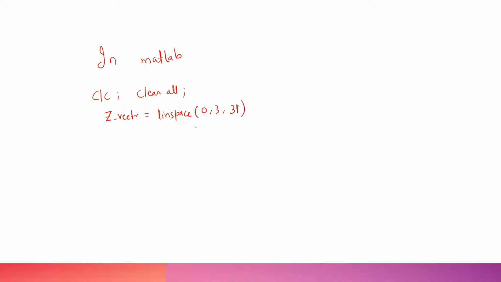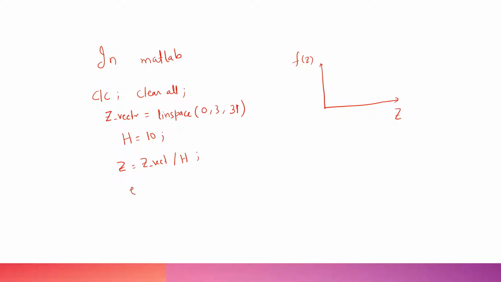We can give any number of points, and we can also normalize it. So what is normalization? Suppose we take the h value as 10, so the z value we will take is the z vector divided by h. So this z would be a normalized z. So when we plot the function fg versus z, it would be a normalized value.